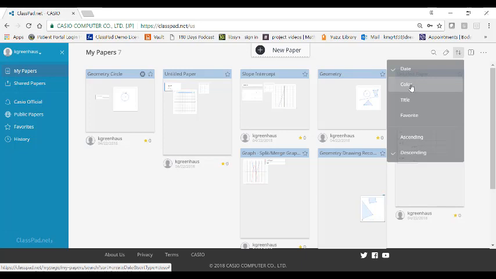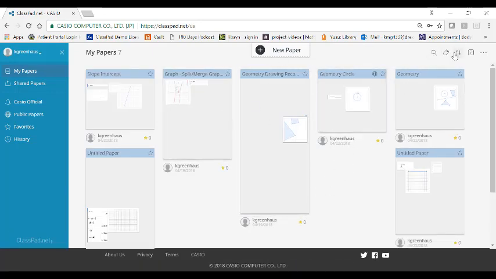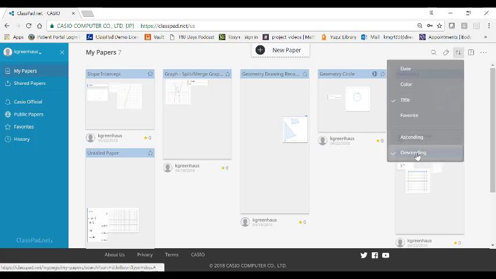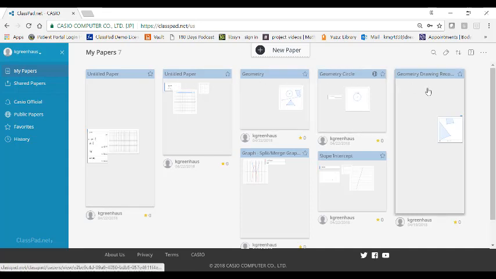I didn't do that yet. You can sort by title, so it's going to list them alphabetically. You can choose favorites, so it's going to sort by favorites. You can do ascending, descending by the title. So let's click title, and it's going to resort mine by title, okay? And I think it's doing descending. Yes, it's doing descending, so I could switch it to ascending. And so now it's doing it ascending by title. So you can do a lot of different sorting.